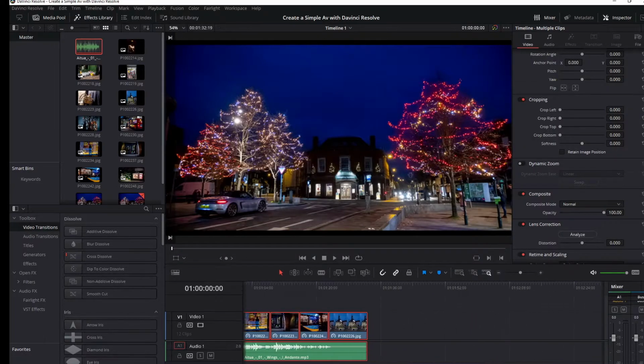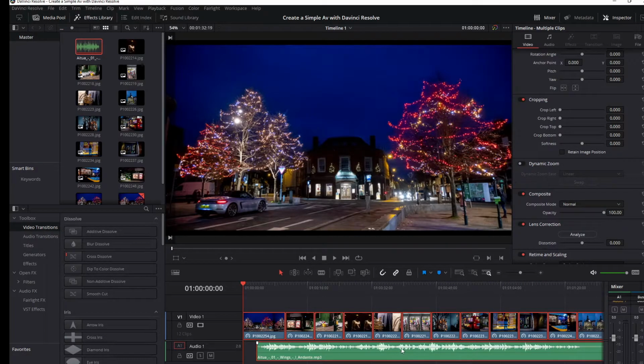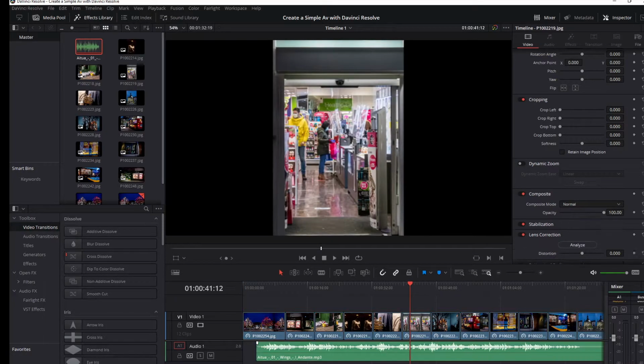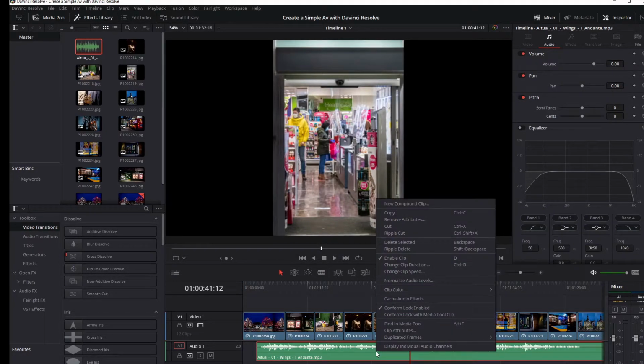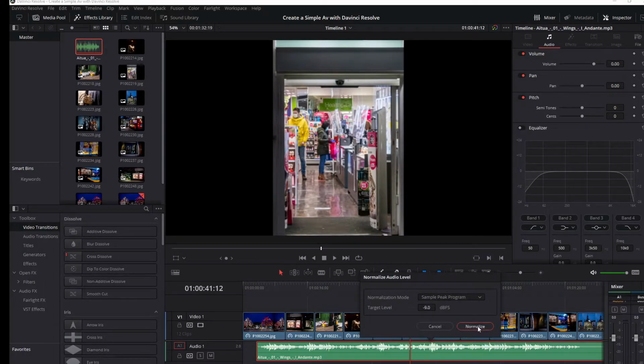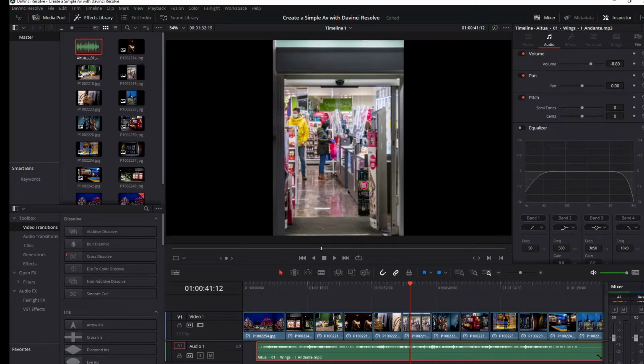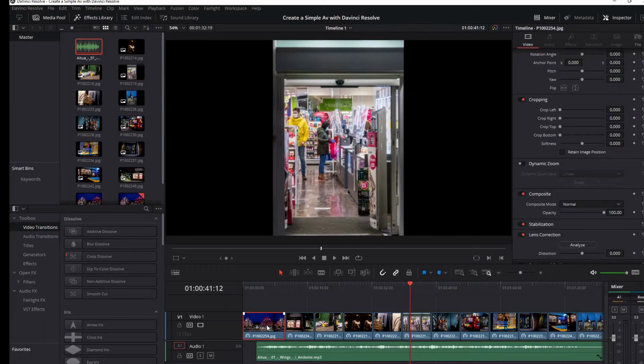So we've got our basic AV, and one of the things we want to do in here is make sure that that music is normalized, so it's not too loud and doesn't clip. I can just do that in here because it has all the ability to do music editing as well as film editing. So from here we can do some tricks, as we could in other things, where